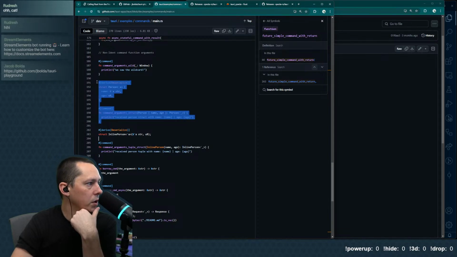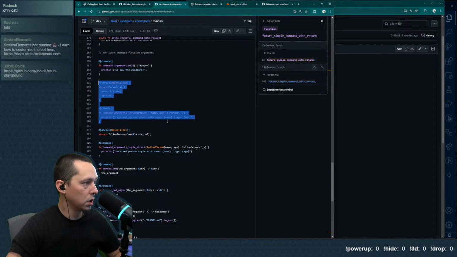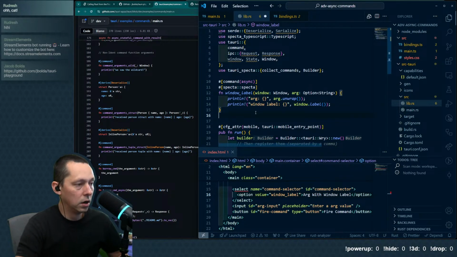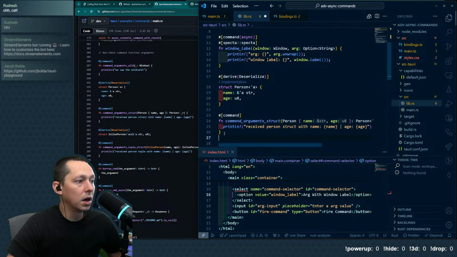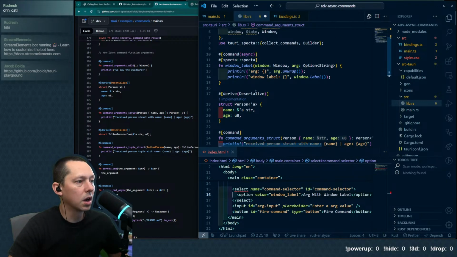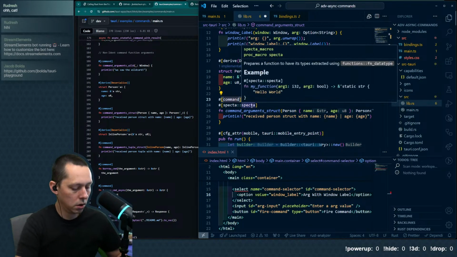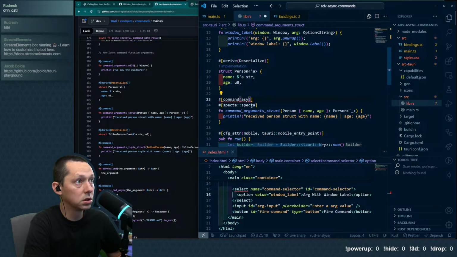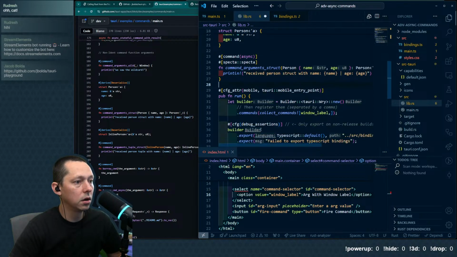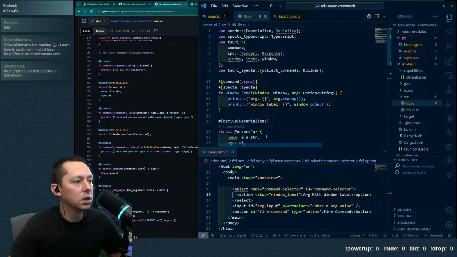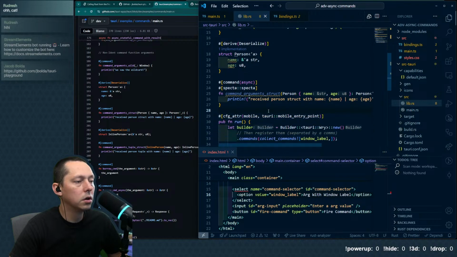If I'm going to do this, I'm probably going to do it this way. But this basically lets us specify a struct and give structure to the payload that we're accepting, which I think could be useful. That feels like a nice thing to demo, because I suspect that's going to be a common use case. I'll put it in here and I will wire it up. I'm going to also call it async, even though it doesn't technically matter. And we've got deserialize in here already, so we should be golden.